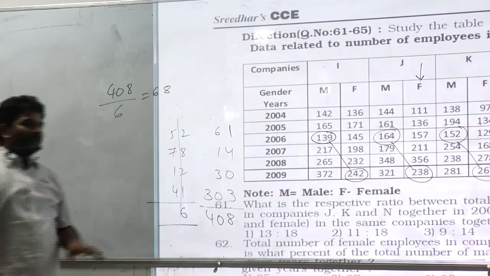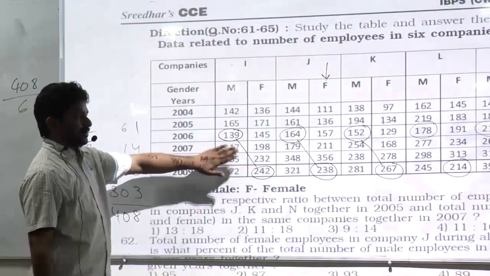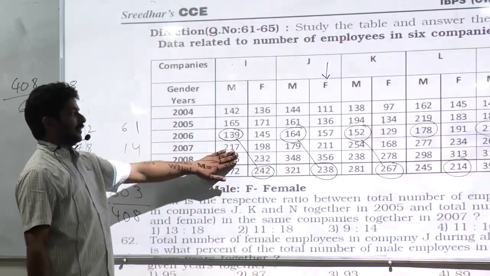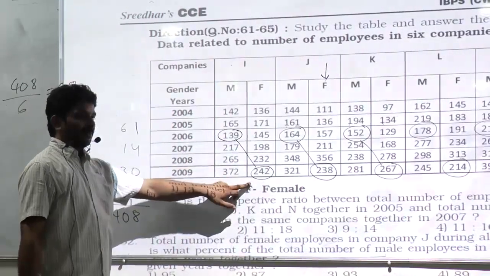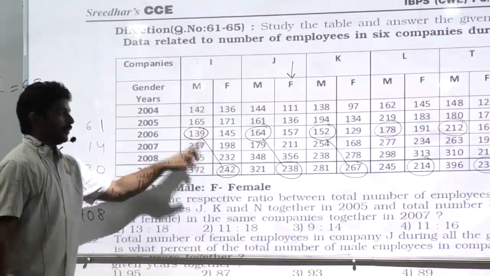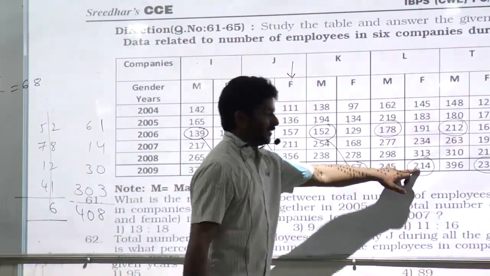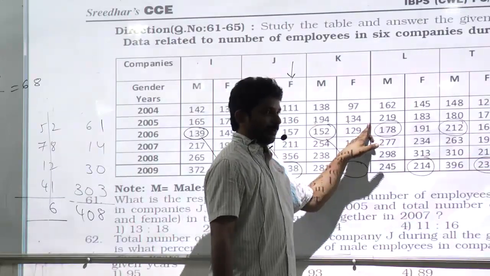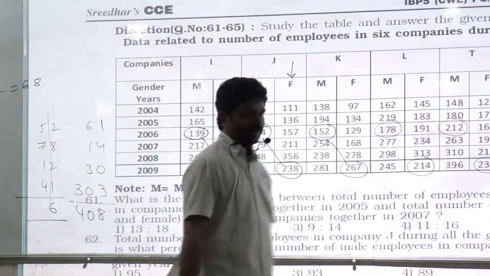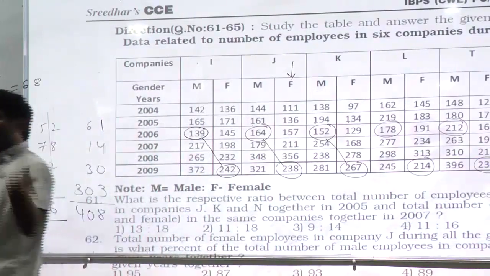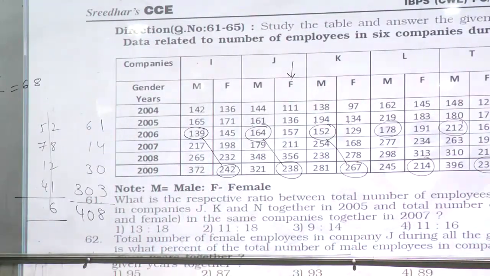See, if you are confident, you can go for individual difference here itself. But if you want to use this, always you need to subtract one number from other number. In the sense, 242 minus 139, 238 minus 162, 267 minus bottom number minus top number, bottom number minus top number, like that. Okay, and then again go for average. Next,